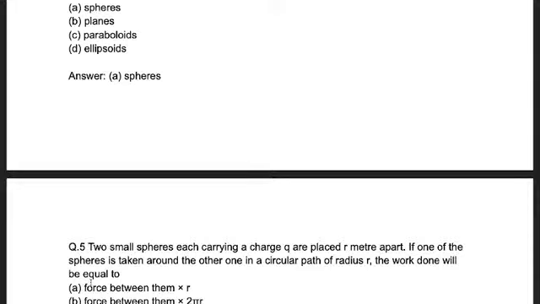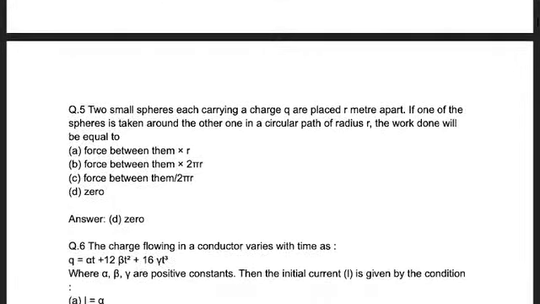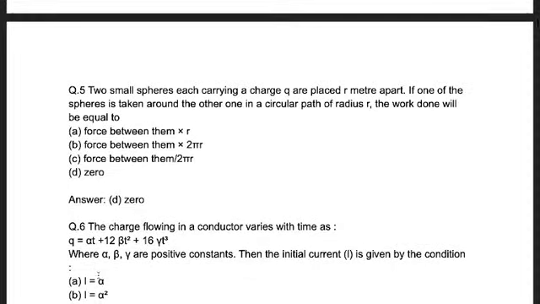A. Force between them times r. B. Force between them times 2πr. C. Force between them divided by 2πr. D. 0. Correct. Your answer is D, 0. Question number 6. The charge flowing in a conductor varies with time as